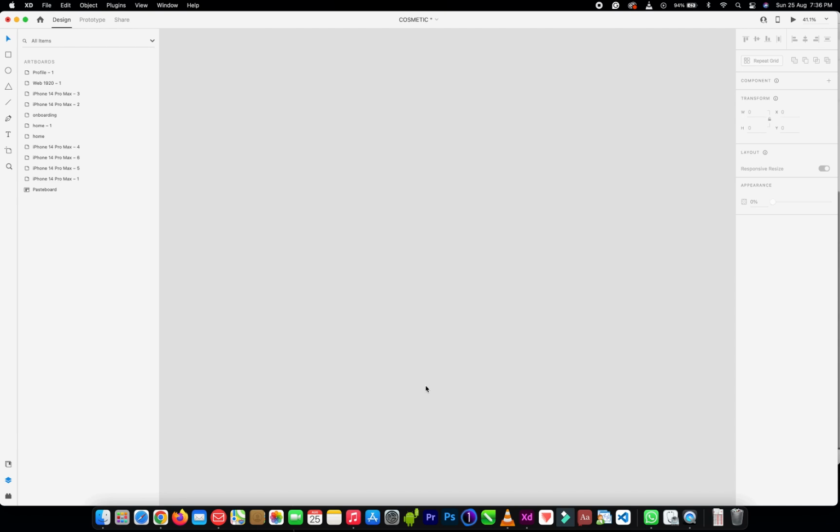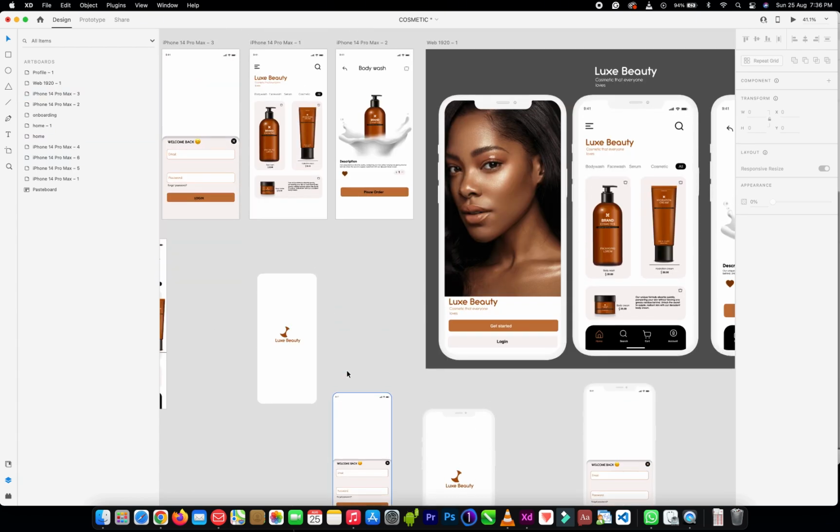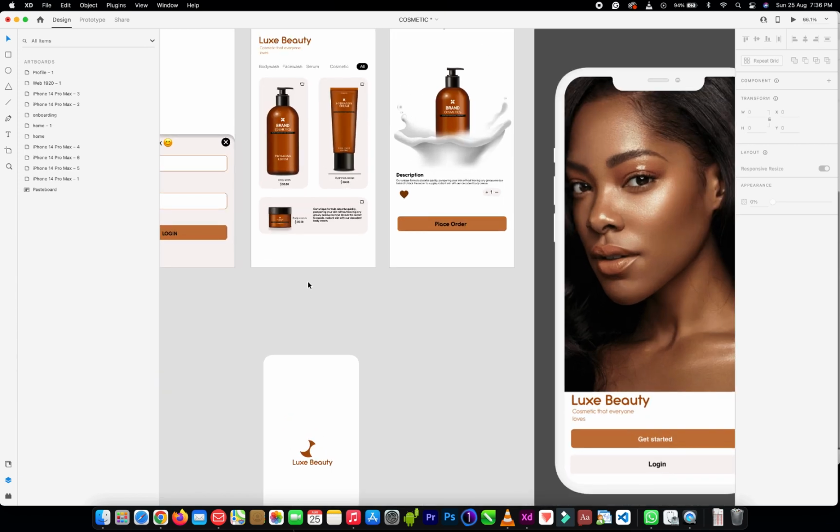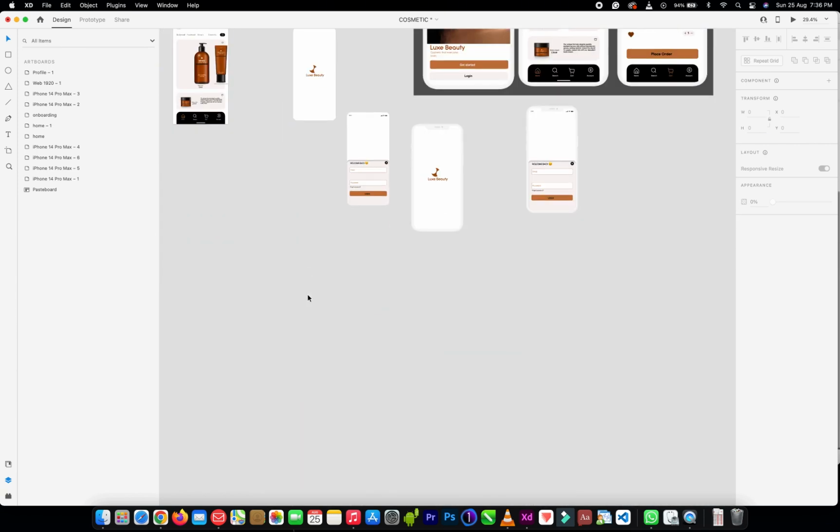So guys, I got a lot of requests on how to animate a navigation bar using Adobe XD. So this is how to do it. So what we're going to do now, so I have a project right here that we are going to test it with. Okay, so I'll go ahead and